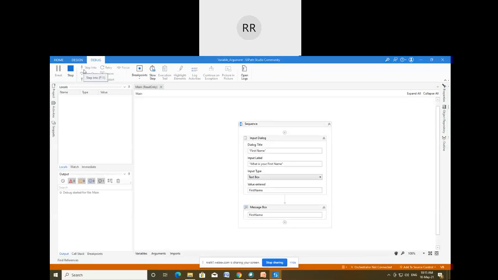Debug has started. It will take some time, and then we'll get the output.